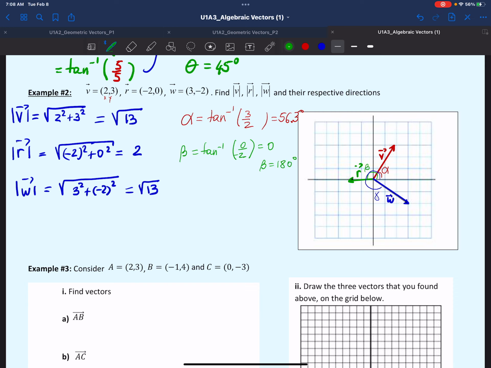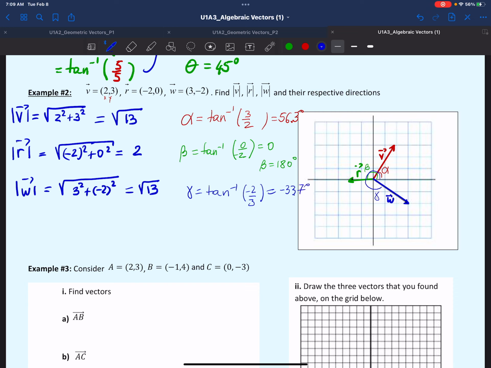And last but not least, we'll do W. So angle gamma equals inverse tan. For W, we had negative 2 over 3. So let's check and see what we get for W. So inverse tan of negative 2 divided by 3. And in this case, we got the angle negative